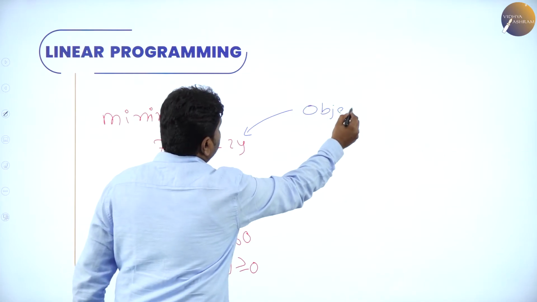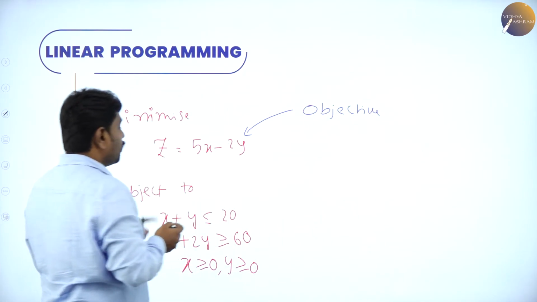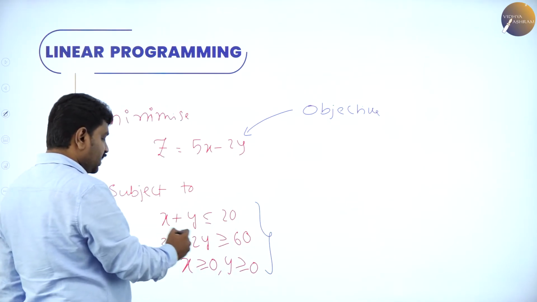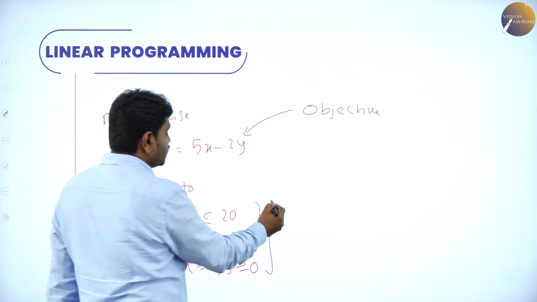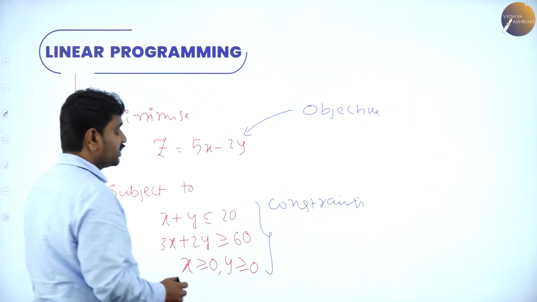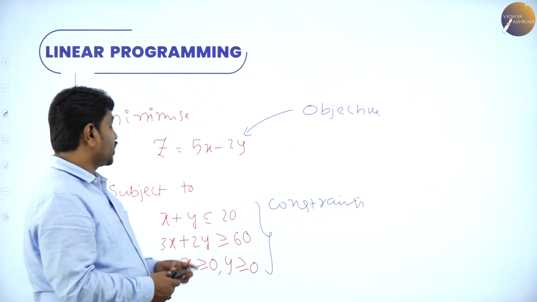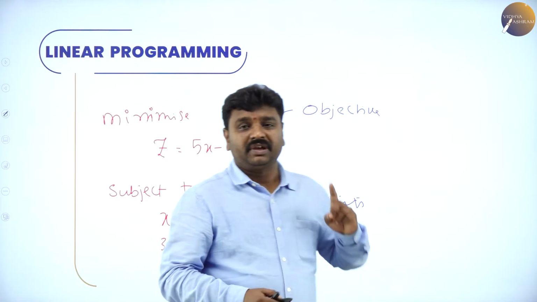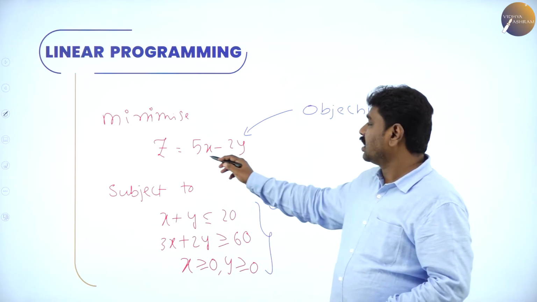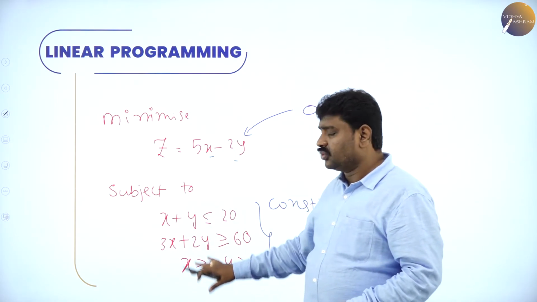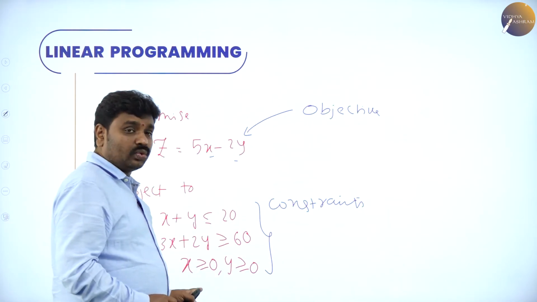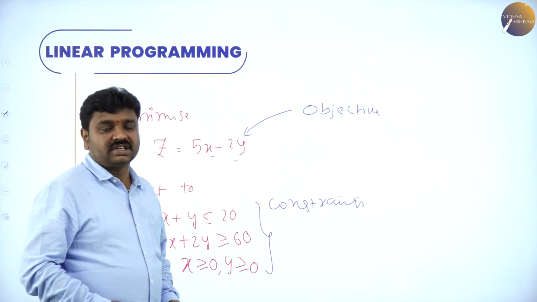A function which we need to maximize or minimize is the objective function, but we have to do it using these conditions, and we call these conditions linear inequalities. These are inequalities which act as constraints. These are called constraints. Constraints are the linear inequalities which are the conditions for the variables of LPP. In the linear programming problem, for the variables x and y, these are the constraints or conditions. So to maximize or minimize, we have to use these to draw the graph. These three inequalities, whatever I wrote here, including non-negative constraints, we call them constraints.